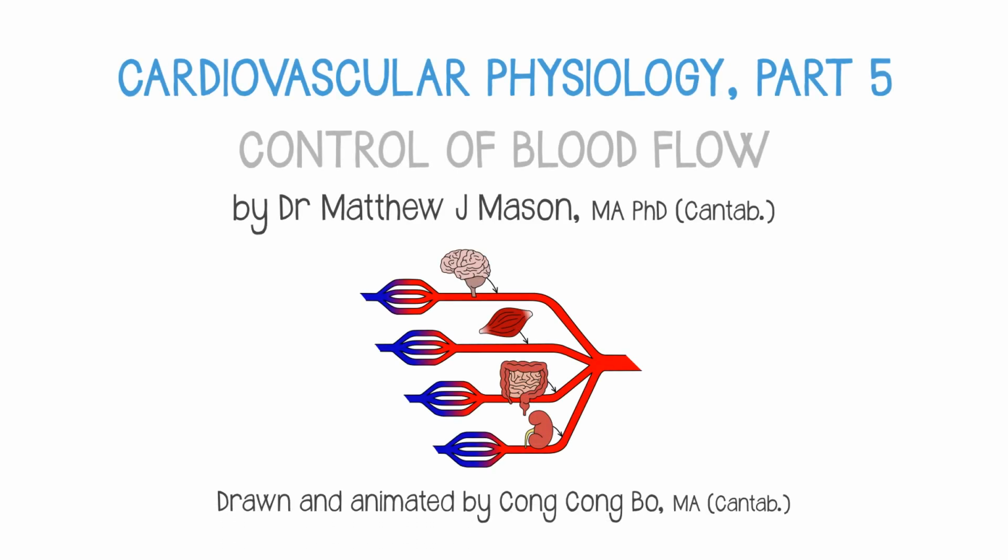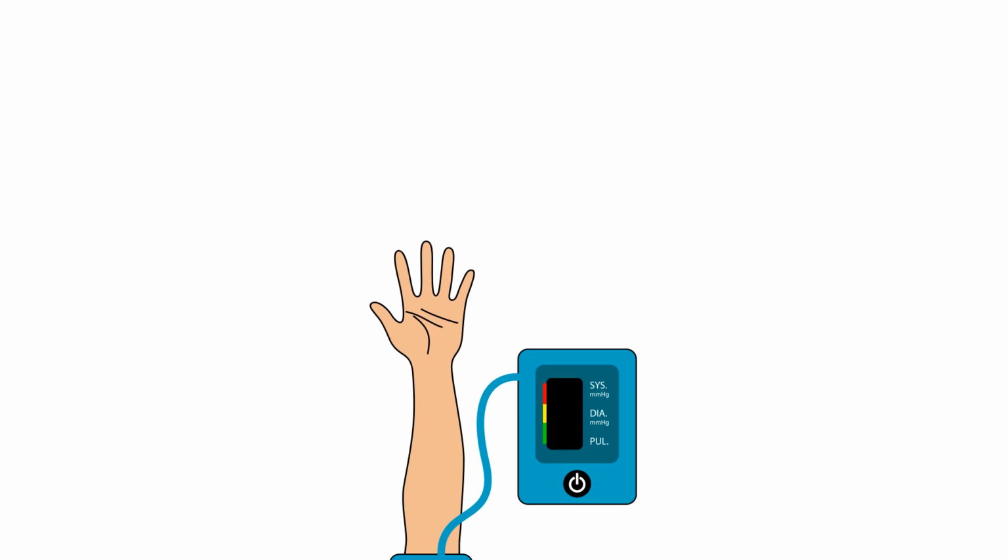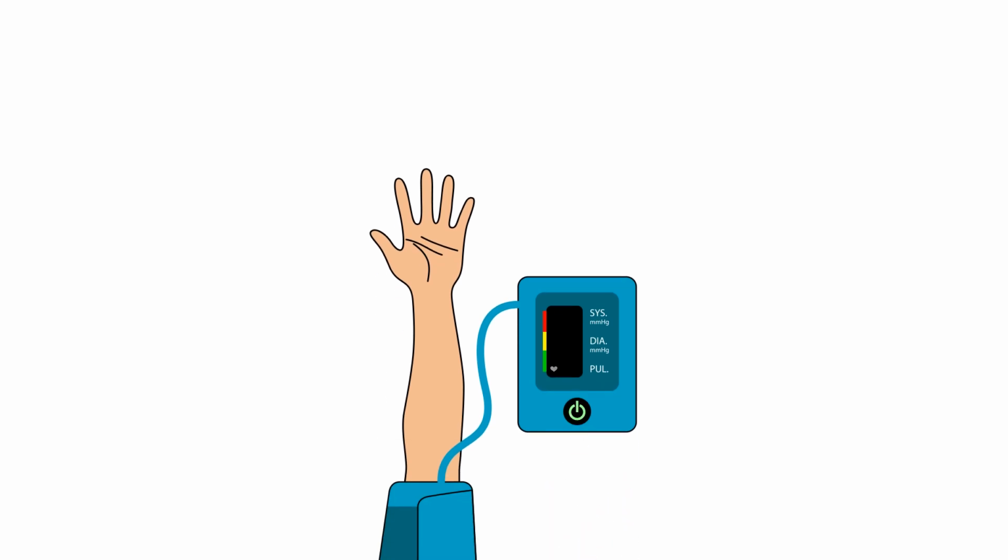So the arterioles are extremely important in being able to affect total peripheral resistance and in turn being involved in the control of blood pressure as a whole around the body. And of course that's extremely important clinically, because if someone's blood pressure is too high or too low, you might look to the arterioles as being a way to fix that problem.